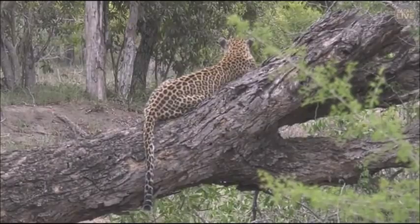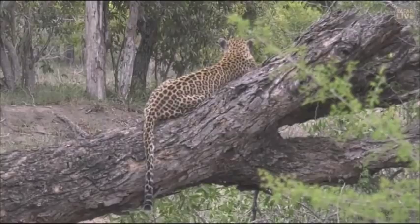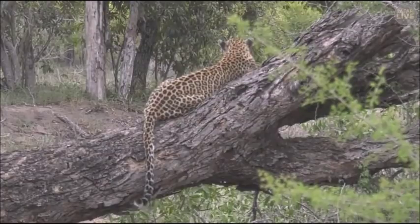Oh, I forgot to update you with the Nyala. Just after we went back up to the Mara to say goodbye to Ralph and Taylor, the Nyala moved off. Ferg actually saw one running off. There's no alarm calling, but I think they just kind of figured that something was up. And she let them go. She didn't go into any...